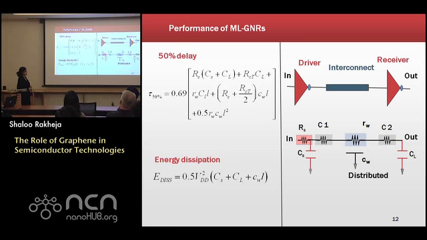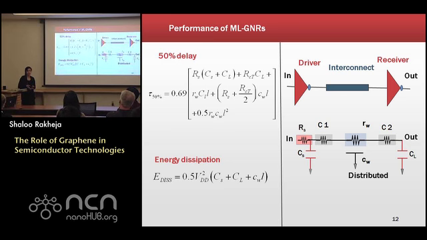The delay is given by the expression over here. There are three distinct components in the expression. The first part is independent of the interconnect length, that is, the length through which you are trying to communicate information. It is mostly limited by the source or the driver resistance. And then we have a part that varies linearly with interconnect length. And the third part is independent of the interconnect length.